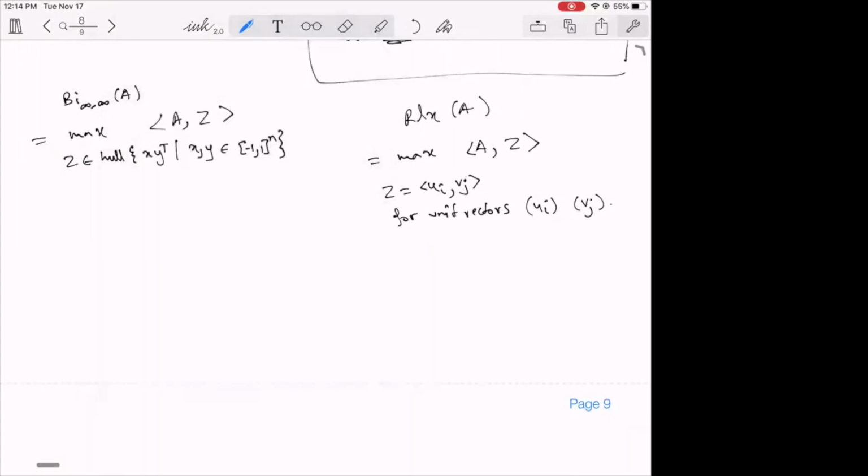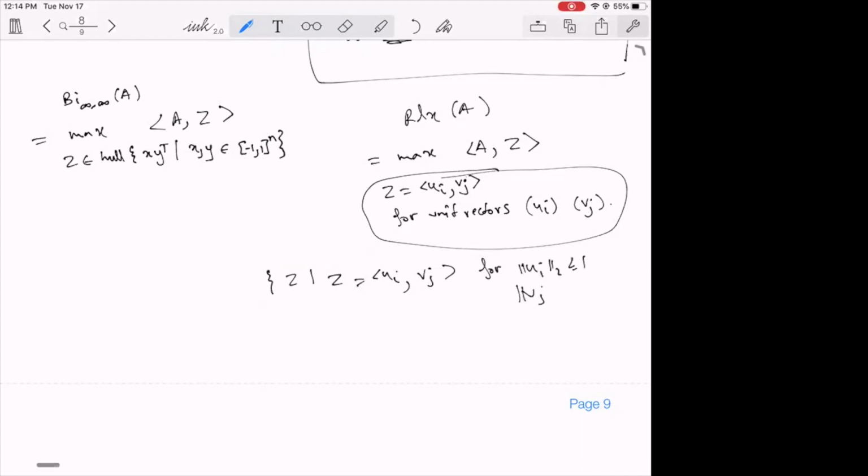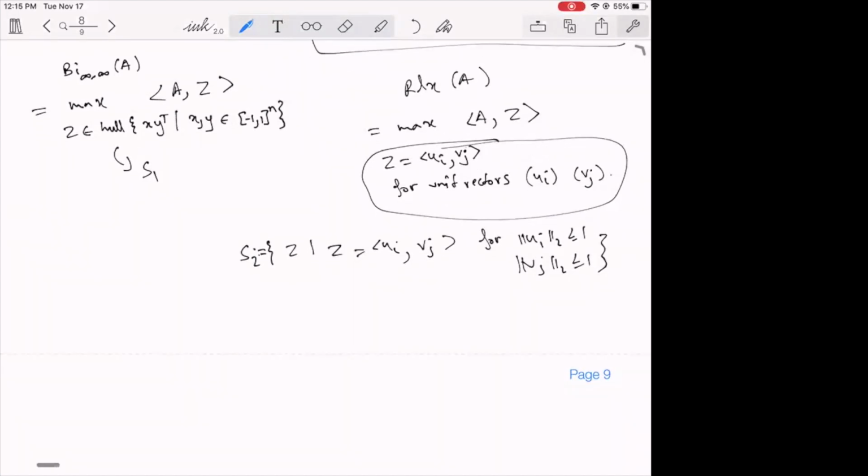Now let's give a name to the set of Z such that Z is equal to ui inner product vj, for ui L2 norm at most 1, vj L2 norm at most 1. The set of matrices that can be written in that way, let's call it S2. And let's call this set S1. So to show the desired inequality,